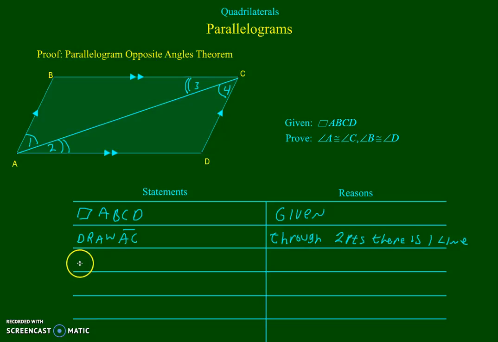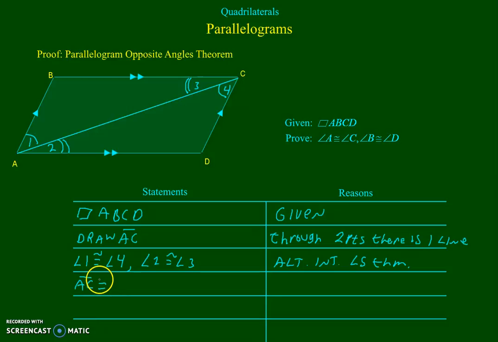So that gives us angle 1 is congruent to angle 4, and angle 2 is congruent to angle 3, and that's the alternate interior angles theorem. I'm hoping at this point you're starting to see the patterns forming, because these patterns are very common in this kind of a proof. Now we can say that AC